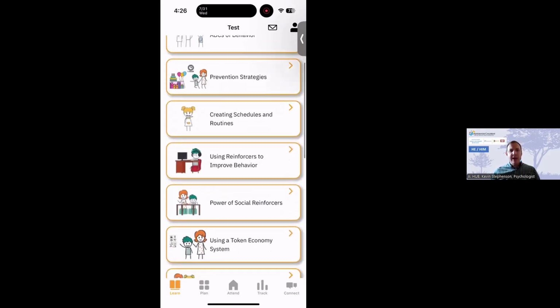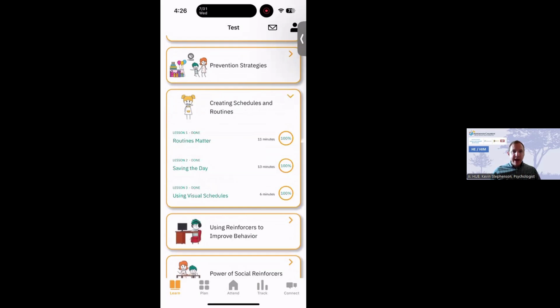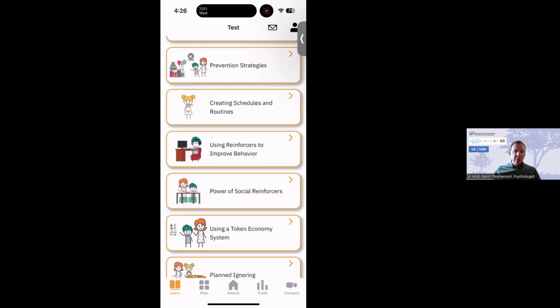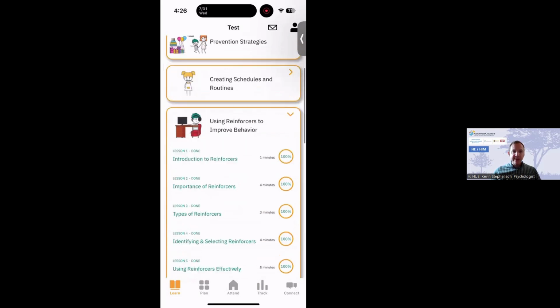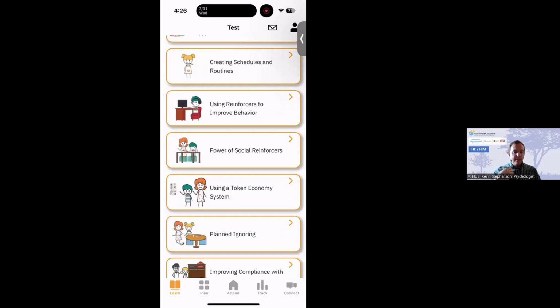For those of you that have been here the last few sessions, where we have covered the RUBI parent training strategies, a lot of these might seem familiar to you. There's information about how to set up an effective schedule, effective routines, how to use reinforcers or rewards or incentives to help increase those positive everyday living skills, those independent skills that will be good for kids.